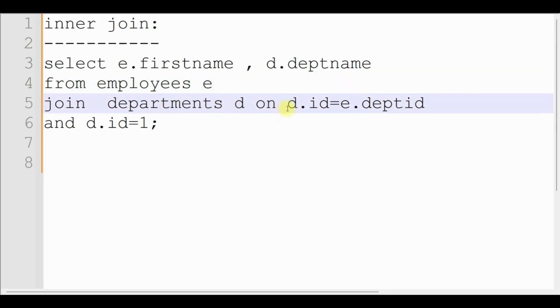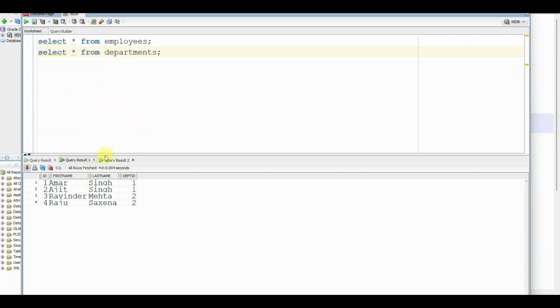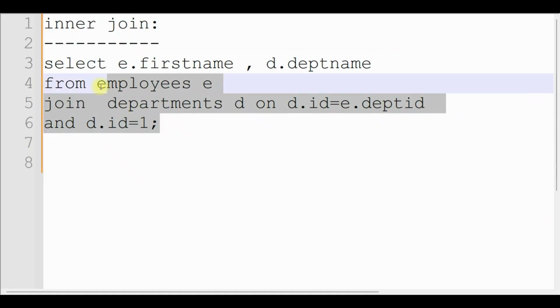And I am saying that the department ID and the employee department ID should be the same, and the department ID is equal to 1. Here, department ID 1 is computers. So we want to see the employees who are part of the computers department. So if you run this query,